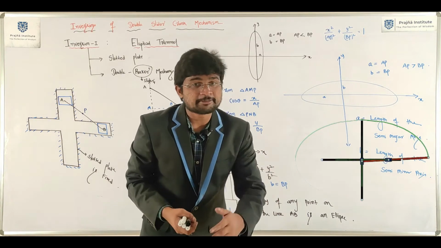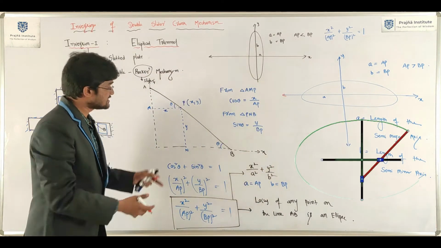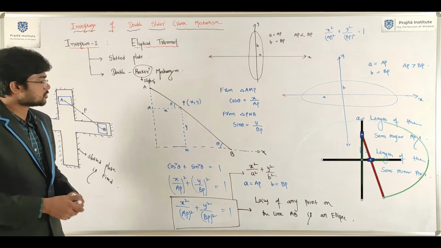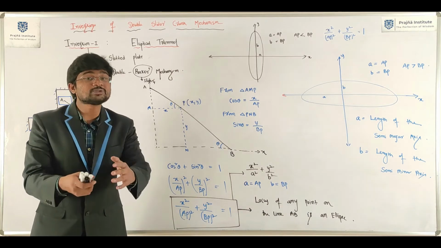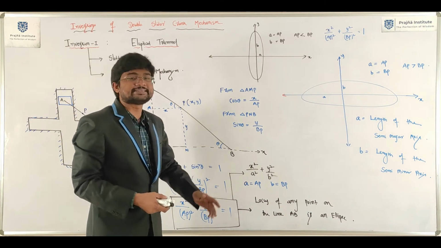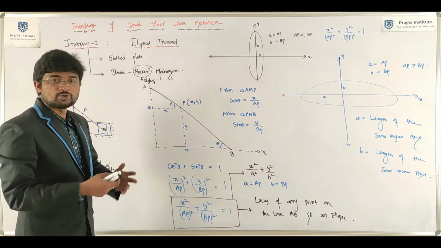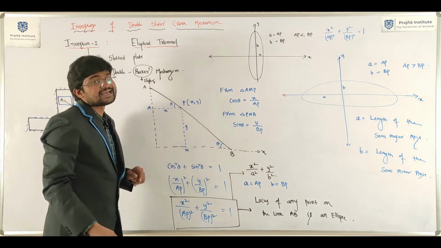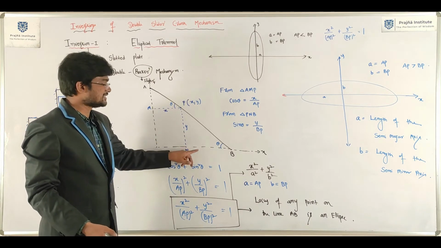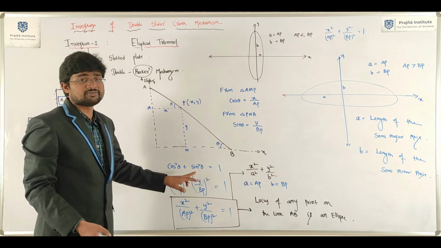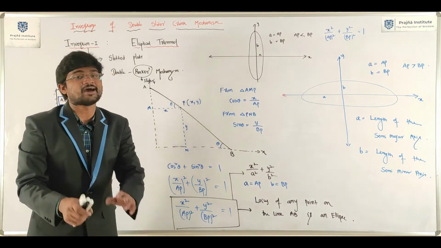So this is all about how to draw an ellipse by using elliptical trammel. Either you will get an ellipse or not, this is the mathematical proof. So we proved mathematically that the locus of any point on the link AB gives an ellipse. We took a point P on the link AB, then it is x and this will be y. We took cos theta and sin theta, then we used the normal trigonometric equation, cos square theta plus sin square theta equal to 1. Finally, you got that it is representing an ellipse.